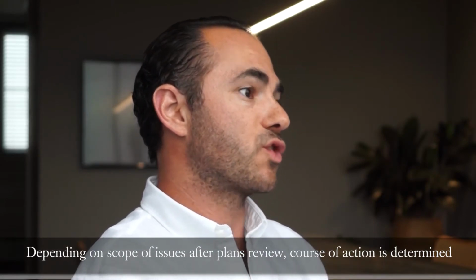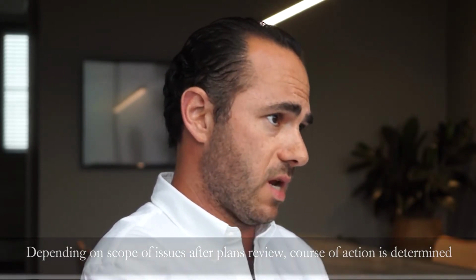It might be to do with the construction cost, or the size might be deemed inappropriate for the market by the client or by the estate agent who's dealing with the property. So it depends on the scope of the issues that are determined, if there are any at all. And sometimes the shells might be good, but the interiors really could do with a little bit more of a rejig, and that may or may not require secondary consent or retown planning. But generally, you can make some quite important improvements to the spatial qualities and the efficiency of a space, and that can be a very good and optimum use of the secondary consent process